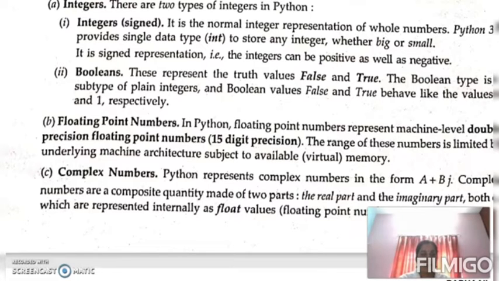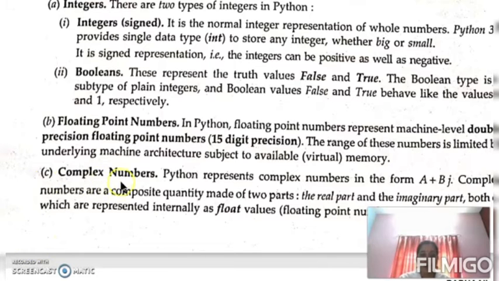So first data type is the number type. In that, the first classification is integers. In integers there are 2 classifications: integers, which are signed, and booleans. And next is floating point numbers. Floating point numbers contain a floating point representation, or double precision floating point numbers. The float data type is used for data which contain a point, like 1.5, 1.25. We will use the float data type.